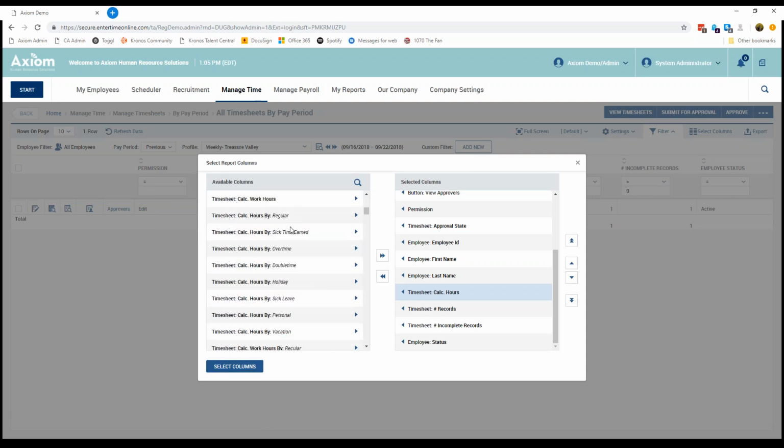And then you can also bring in columns for all of your various pay categories. So your regular, your overtime. If you're tracking reimbursements in the timesheets, you can bring that in. If you're tracking pieces, you can bring those in. So this could also be used to create a pretty handy